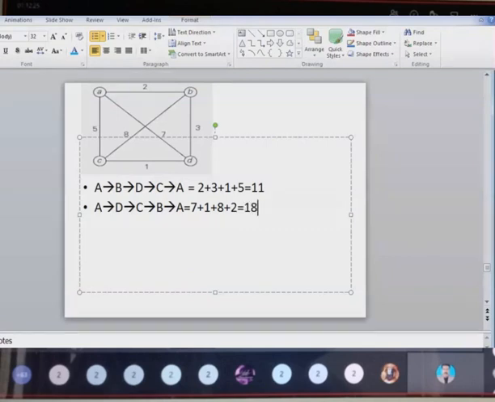In a similar way, you need to find all the possibilities and their values. This is called the traveling salesman problem. It is used to find the shortest distance based on the Hamiltonian circuit. Next is